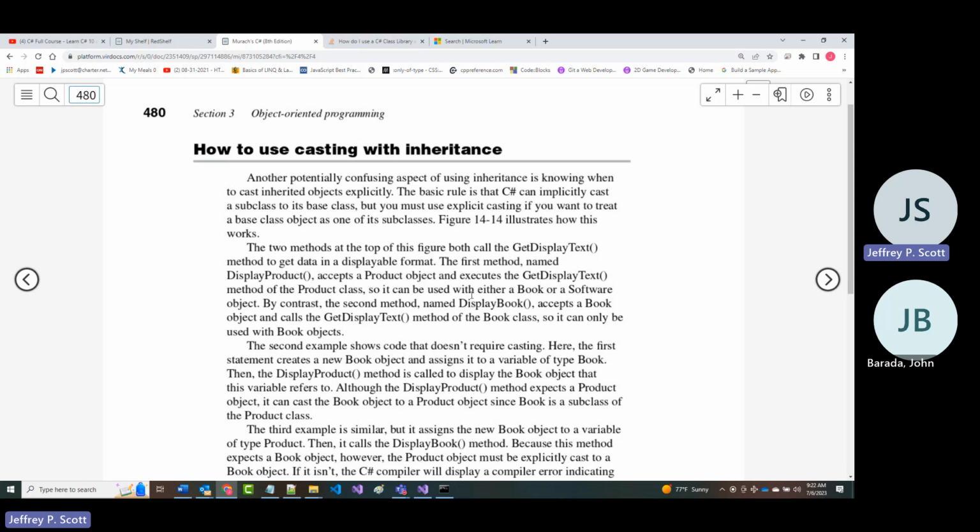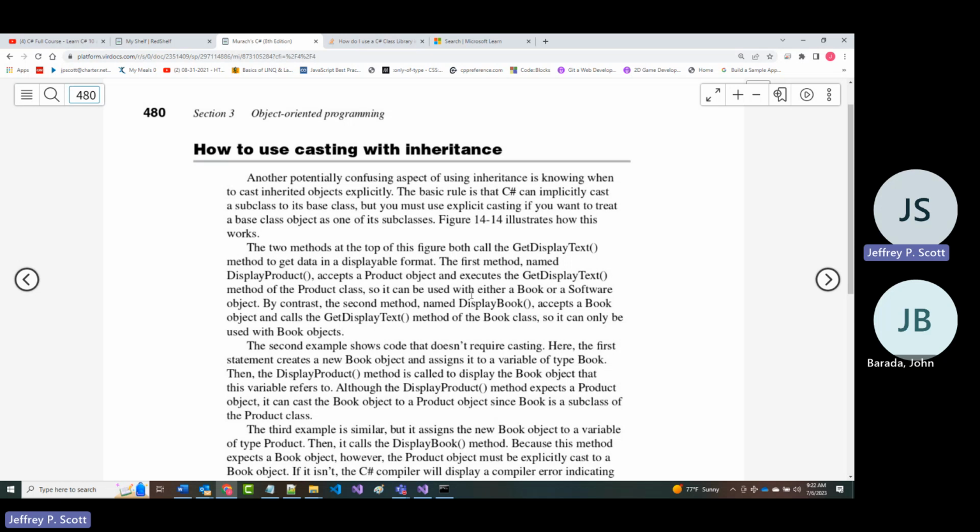When you do something implicitly, that means, for lack of better words, the software is doing it. So it says the basic rule is C# can implicitly cast a subclass to its base class, but you must use explicit casting.